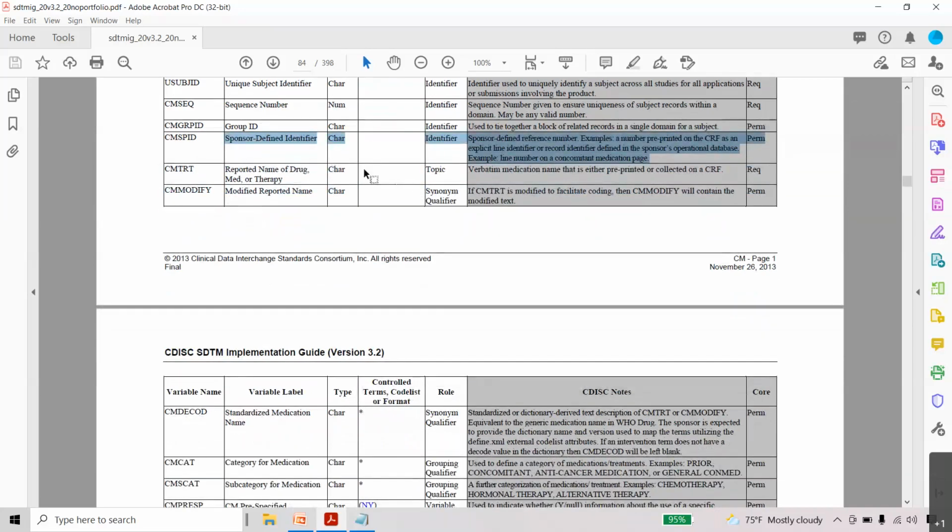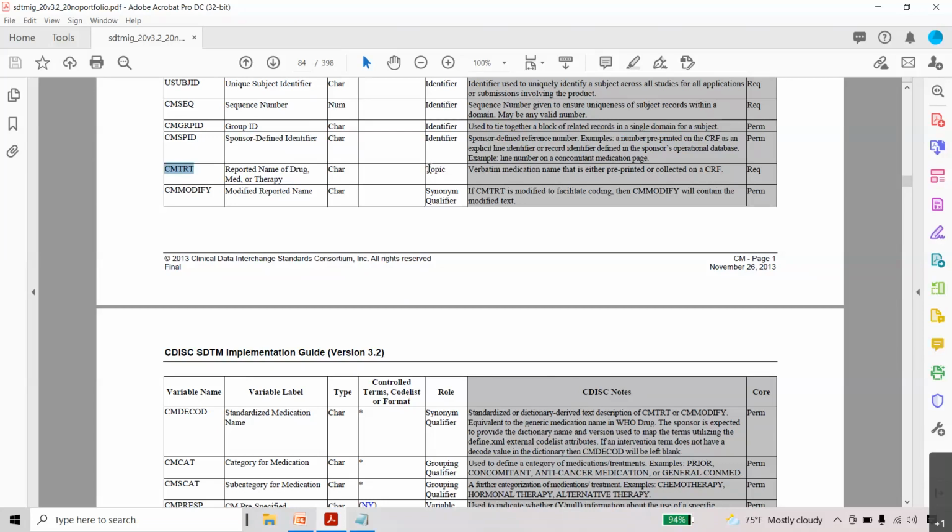Next one is the topic variable, CMTRT. And if you see in the adverse event, the topic variable is AE term. Again, this topic variable is one of the important interview questions, because based on this variable, we can check whether the domain or dataset is complete or incomplete. All topic variable values are required. The variable value should not be missing. If there is any missing information, we can inform the data management team to update the data.